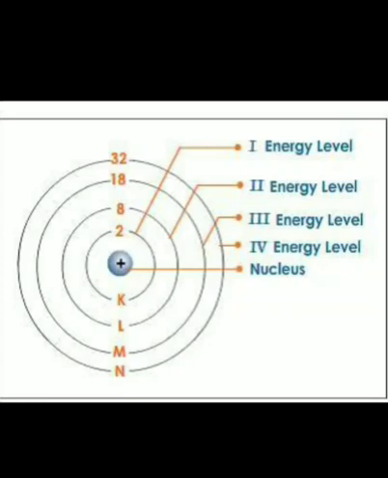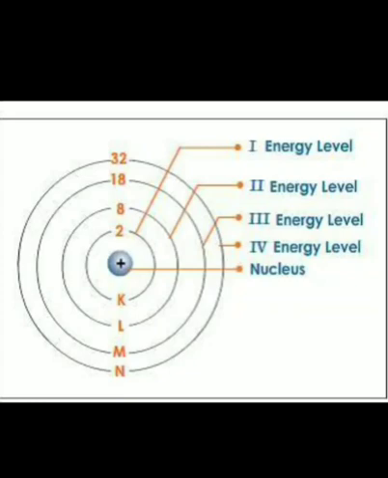That means the shell or orbit closest to the nucleus has the least amount of energy. The maximum number of electrons in each shell or orbit is determined by the formula 2n square. That means according to the formula 2n square, the electrons are arranged. For the K shell, the first shell, n is the number of the shell. K shell is the first shell, that means n is equal to 1. Number of electrons is 2 into 1 square, that equals 2.